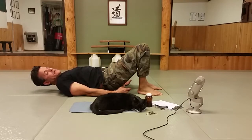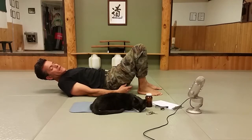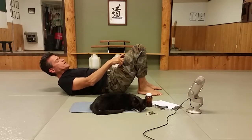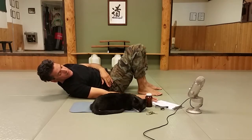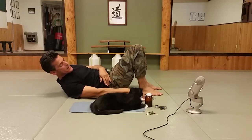You see what it is, as I think I've mentioned, the cats like the groundwork. They don't like the standing poses because when we're doing standing poses, we're likely to step on their tail or something. No, everything's fine. Okay,